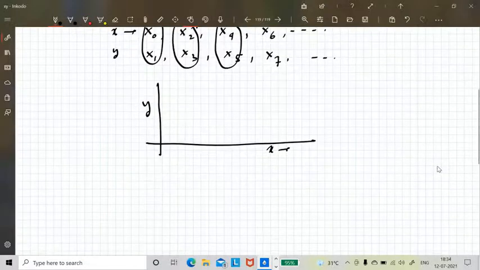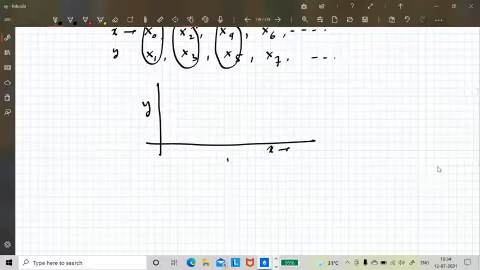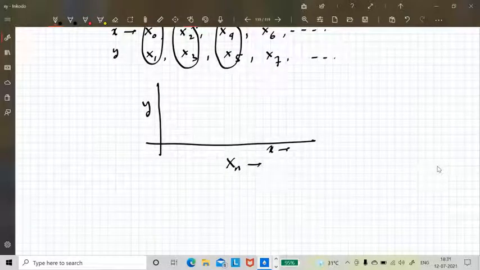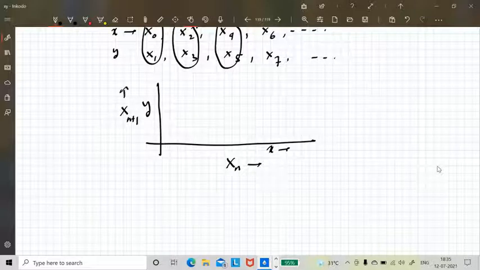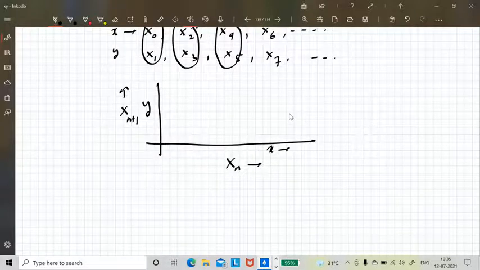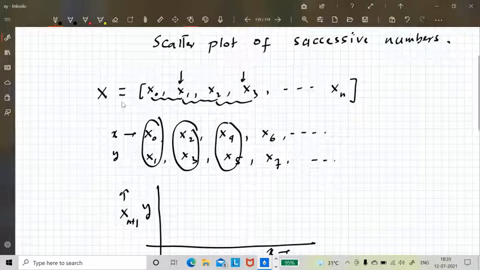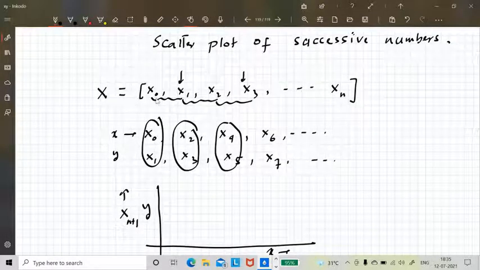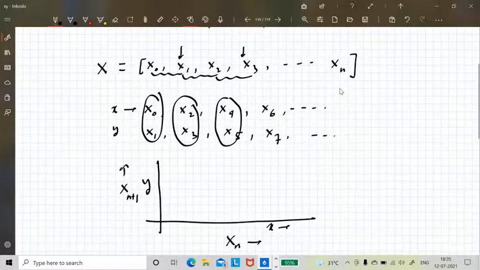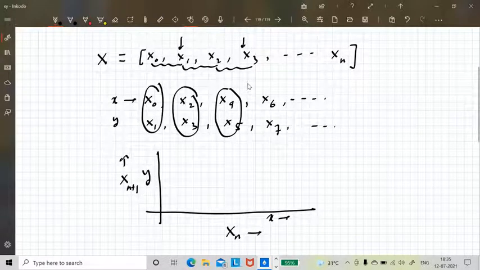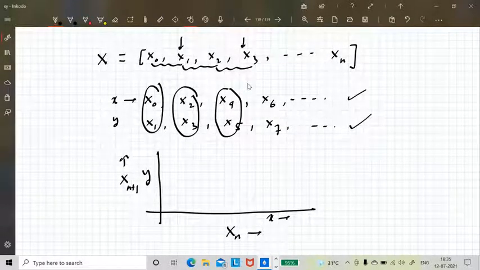Basically you are plotting xn here and xn plus 1 there. The first task is to create an array of numbers in Python, and then we separate two lists by NumPy slicing.